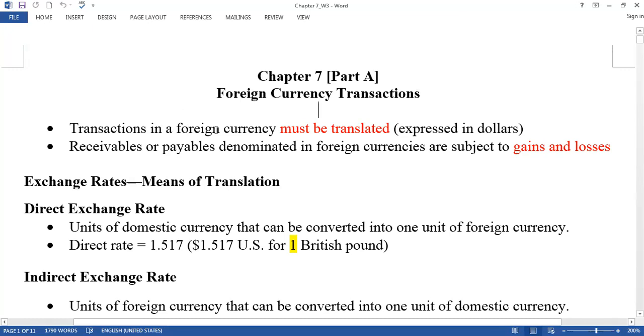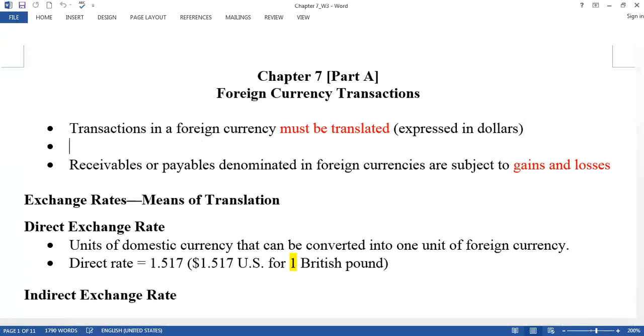Transactions in a foreign currency must be translated or expressed in terms of dollars. That means if your company belongs to China, for example, then all the transactions with foreign countries, you have to translate or convert into RMB, right? Same if your company belongs to the US, then all the transactions with other countries, you have to translate foreign currency into dollars. For example,